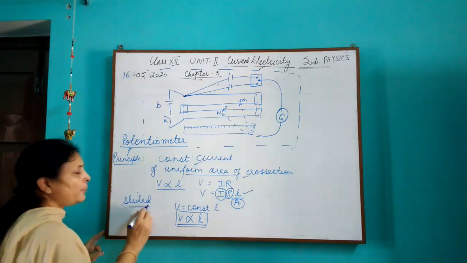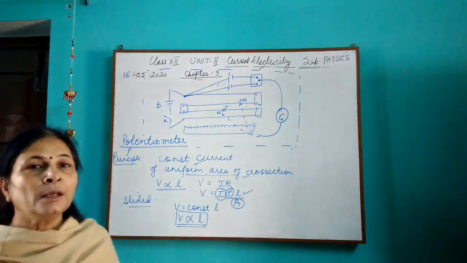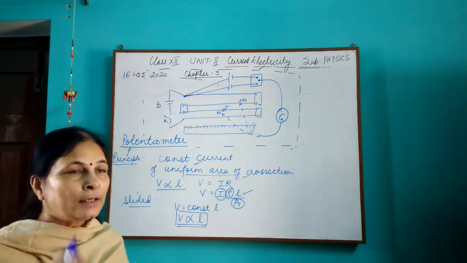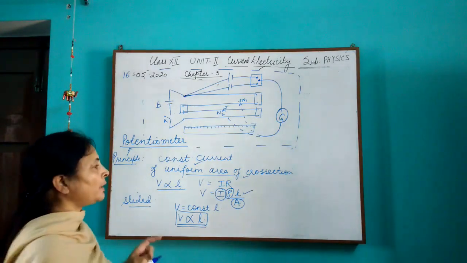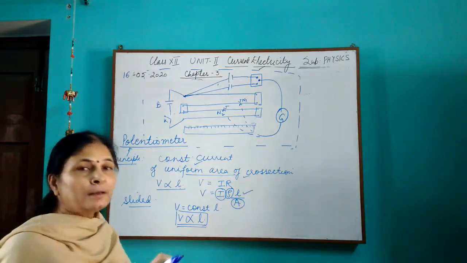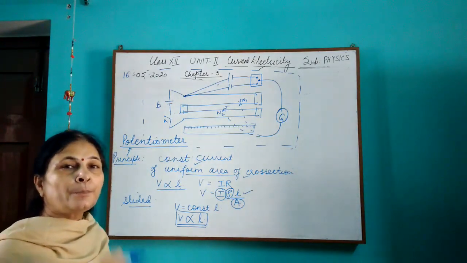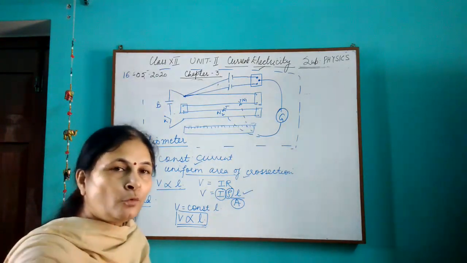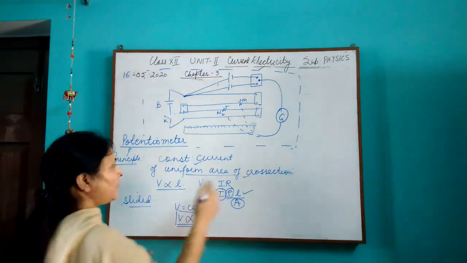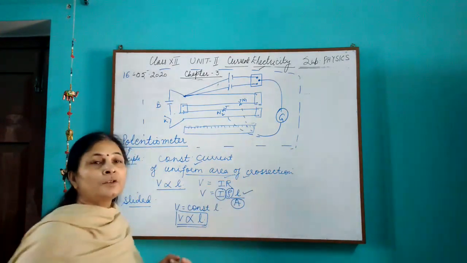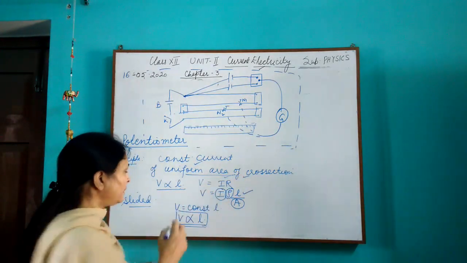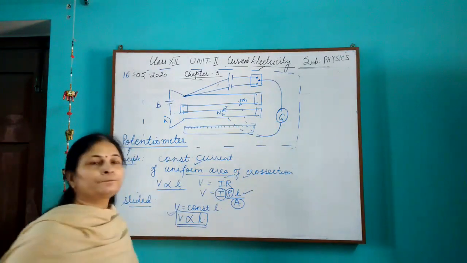This is a very important precaution which is to be taken. It is not to be slid. See, wires are very thin. If we slide the jockey on that wire, what will happen? It will start becoming flat at different places depending upon the pressure we are applying for moving that particular device on the wire, and hence the area of cross section will change. And as the area of cross section will change at different places, then this will not hold true.